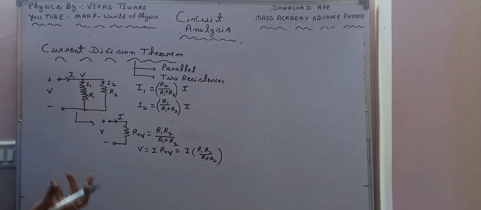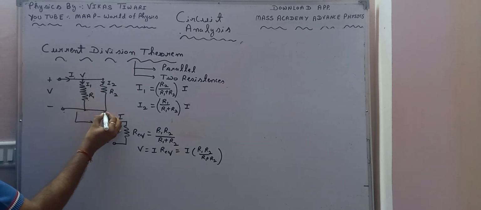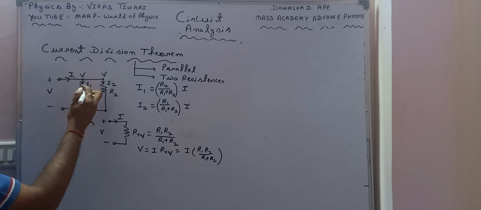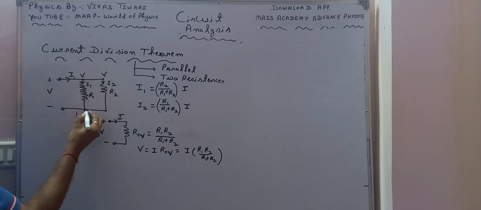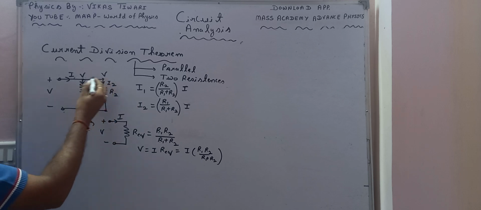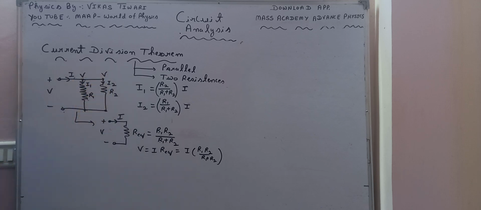Okay, and that's why we are saying the voltages in parallel across each resistance remain the same. This point and this point, and this point and this point, both remain the same, and this is the voltage V. Because between this point and this point there is no element, we say the voltages are the same. These are the same points. We can't consider that these are different points. That's why the voltage remains the same over here.